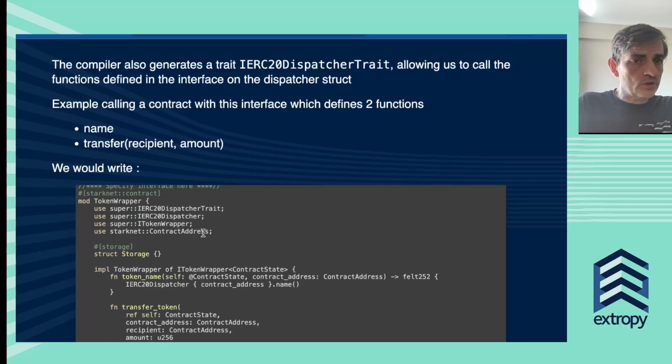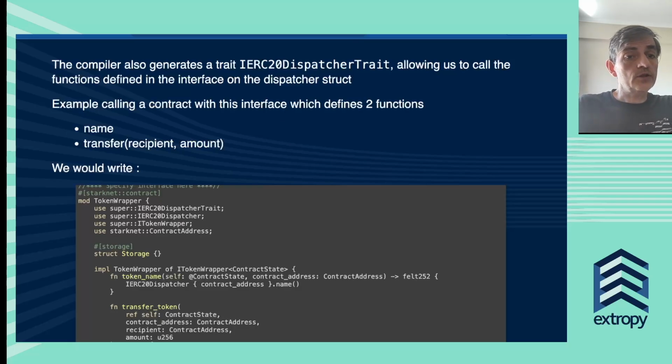We've got some imports that we are going to need. We've got storage being declared, although we're not actually using anything within that. And then we have the implementation part of our contract. So this is where we are going to be writing our functions. And in this case, our contract is a wrapper. We're wrapping it around a token. So we're taking in a function call, and then dispatching this off to another contract, and then returning the result